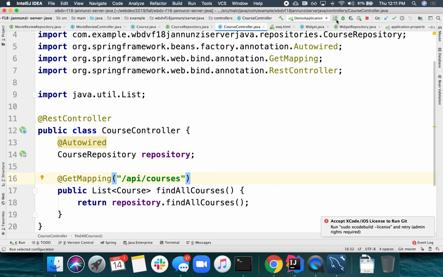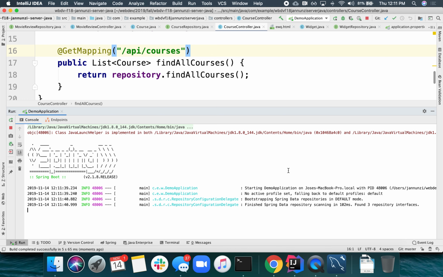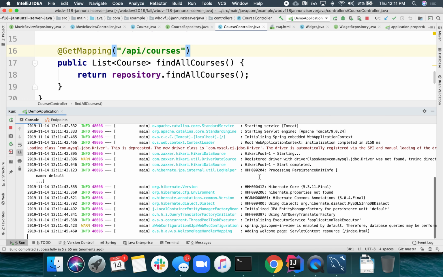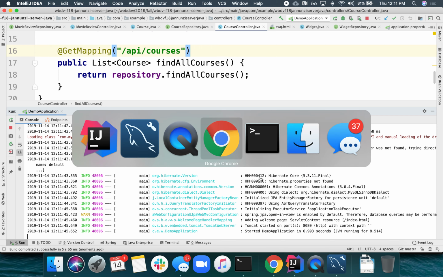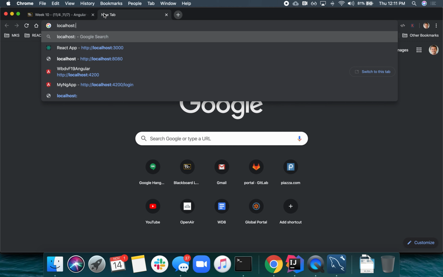Okay, let's see if this works. Let's restart the server. Let's see if this blows up. Okay, looks like it's up and running. Let's hit our server. Let's see if we get the data. So it would be localhost 8080